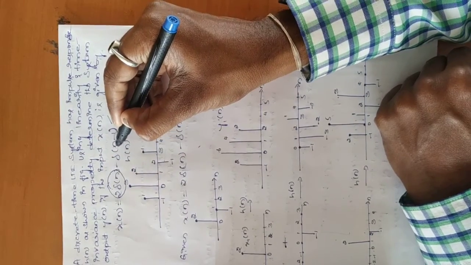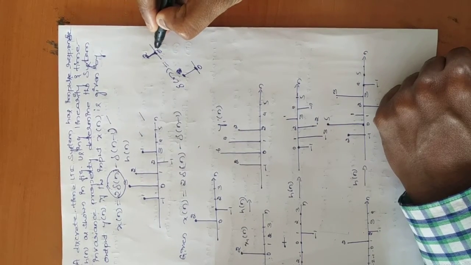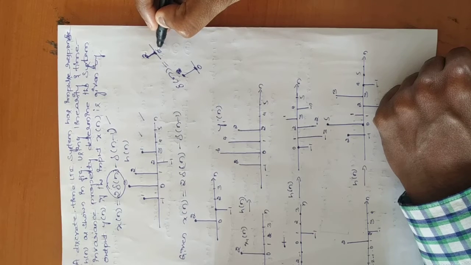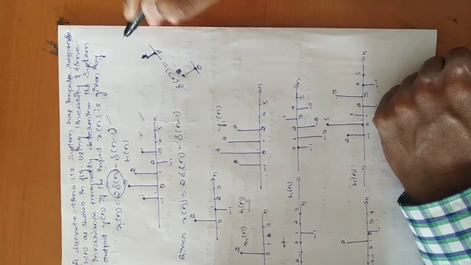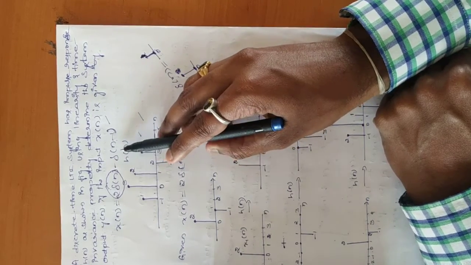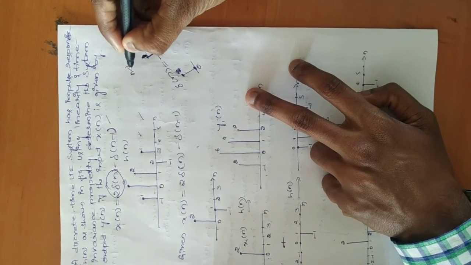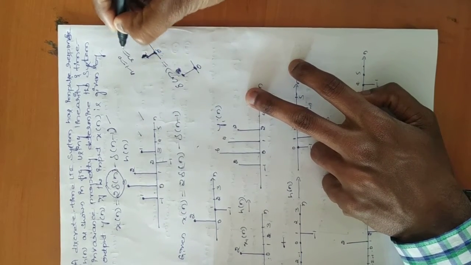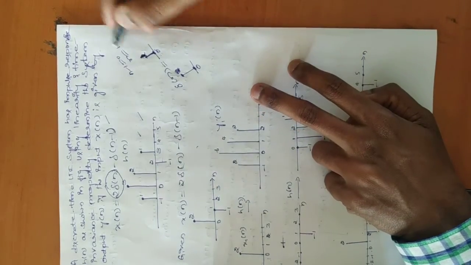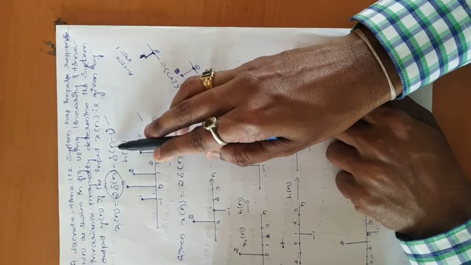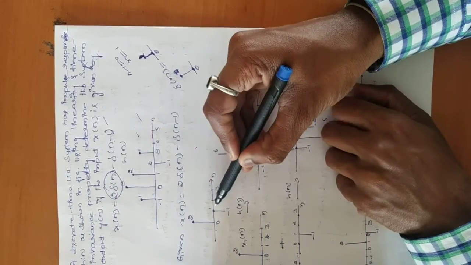So now you sketch delta of n minus 1. So already we are having delta of n, the signal which is there at origin and whose amplitude is 1. Now you shift the signal towards the right because of delta of n minus 1. So n minus 1 is equal to 0, n is equal to 1. If it is positive, you have to shift it towards the right. So the signal should be shifted towards the right by one sample. Look at this, at 1